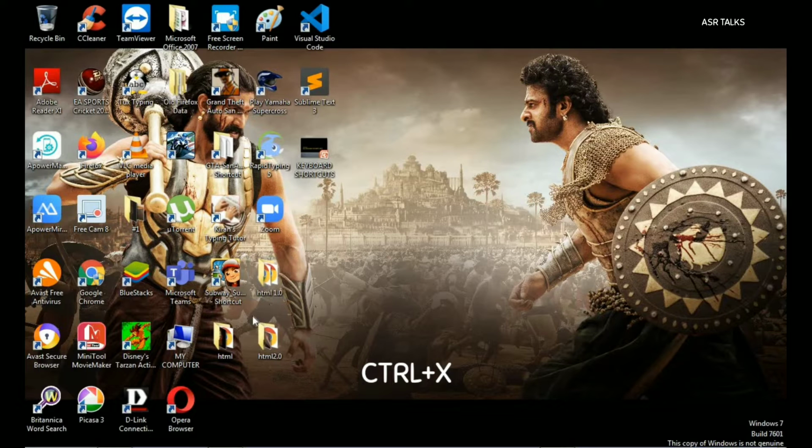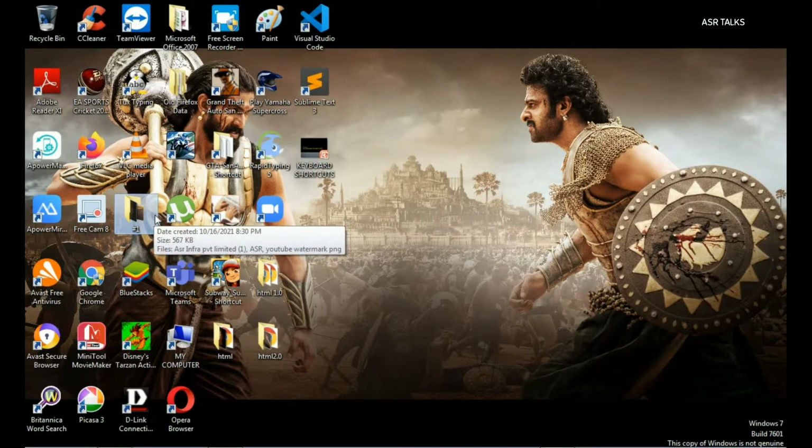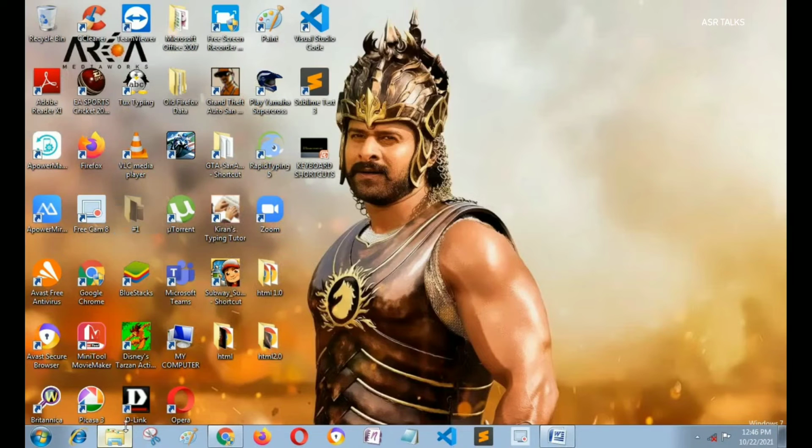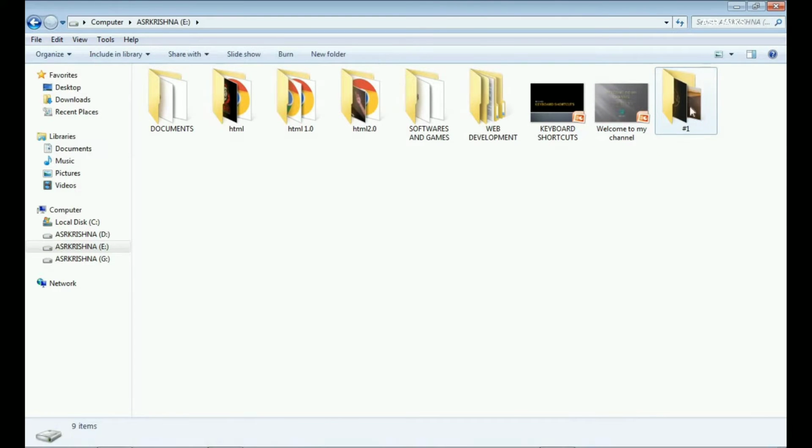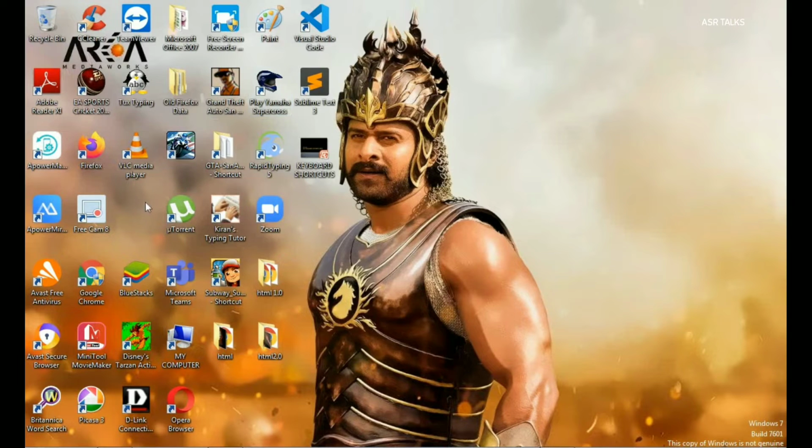Here I am using Ctrl+X by selecting the hash1 folder. I'm simply using Ctrl plus X and opening my destination folder, then Ctrl plus V. You can see the item got pasted here. You can also observe that the item will get deleted from the original location since we are using the cut function.